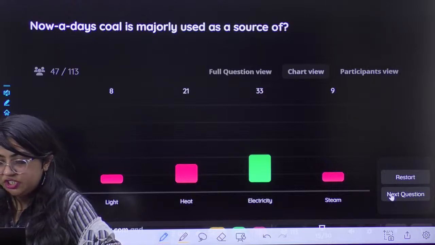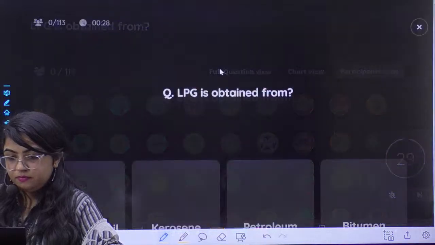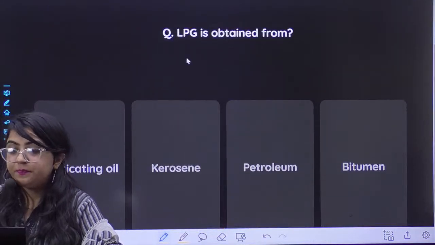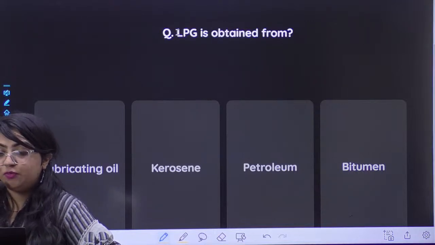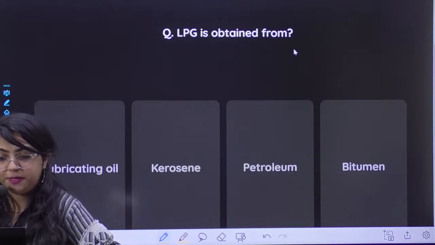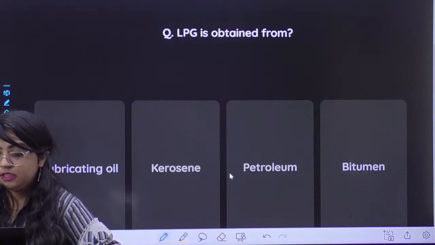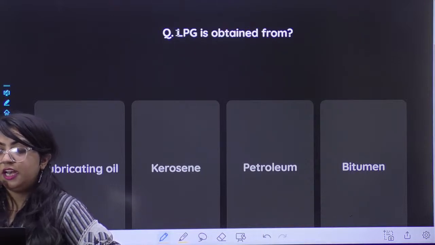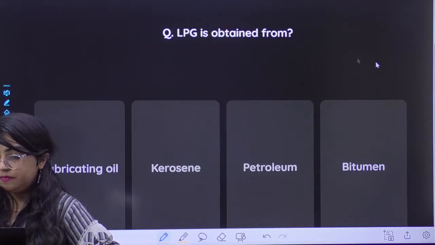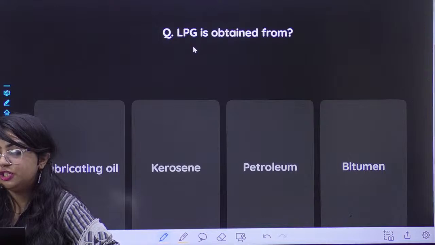Okay, so now next question. This one is easy. LPG is obtained from, so we need to answer LPG, that is liquefied petroleum gas, from where it is obtained. First, lubricating oil. Second, kerosene. Third, petroleum. Or fourth, bitumen. So please answer from where the LPG is obtained. LPG is liquefied petroleum gas. So the source from which it is obtained is,